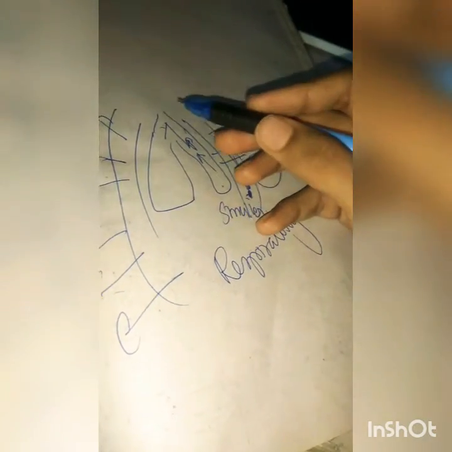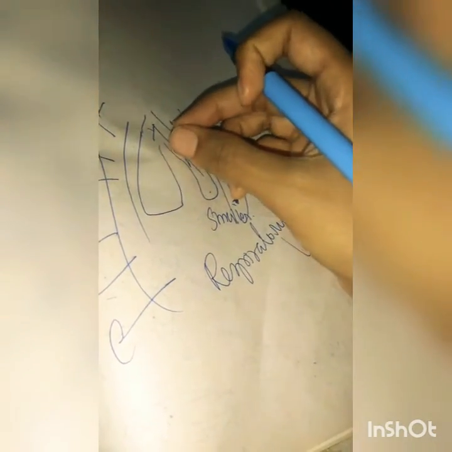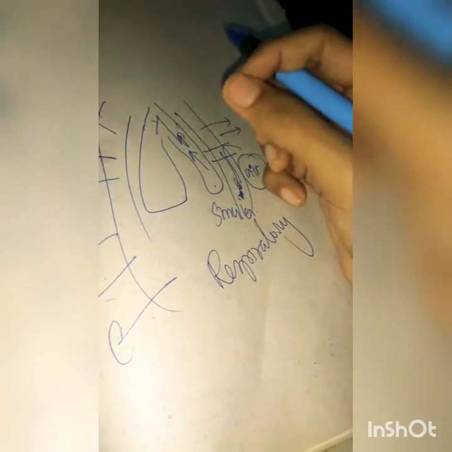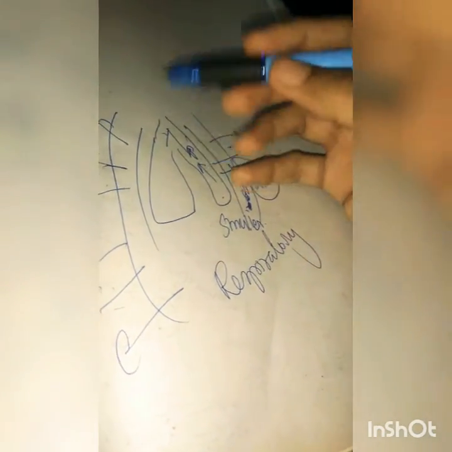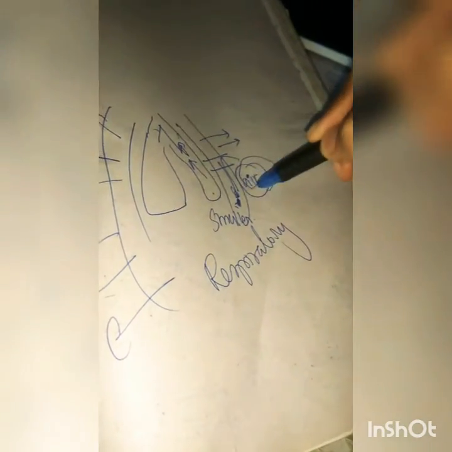So because of this, the air may not enter, and also it is hard to get out during expiration because the valves, the ducts of respiration, may get narrowed. So already in the resting stage they are narrowed, and in expiration they are narrowed even further. So the air from the lungs may not go out. Because of all this, it may lead to pneumothorax. It's a very dangerous condition.